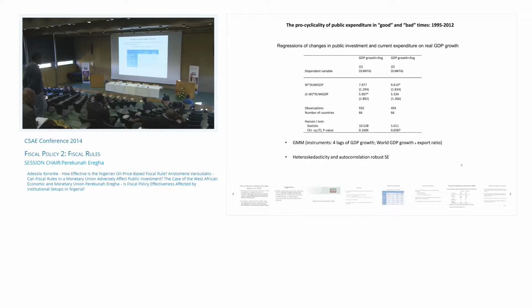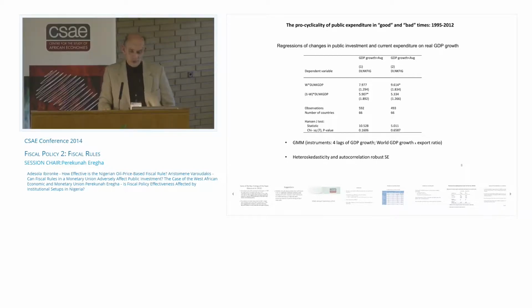Okay, I see the point. So actually, one way of doing this could be, for example, if you introduce a more flexible, counter-cyclical fiscal rule,